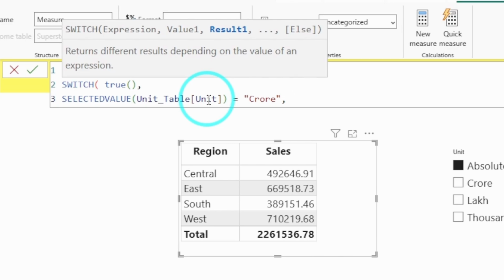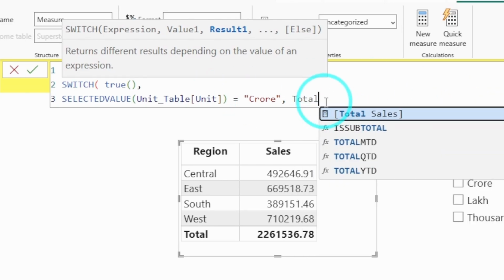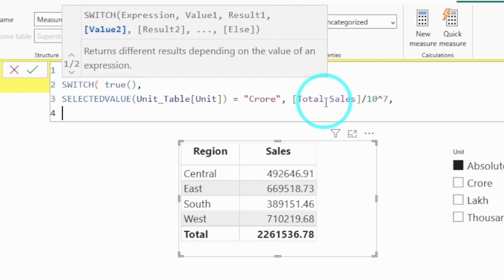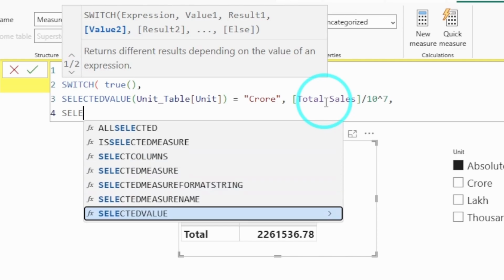I already have a measure for my sales, which is total sales. So I will call that measure over here and divide it by 10 raised to 7. So I'm dividing it by 1 crore. You can also simply write 10 raised to 7. Comma, next selected value,